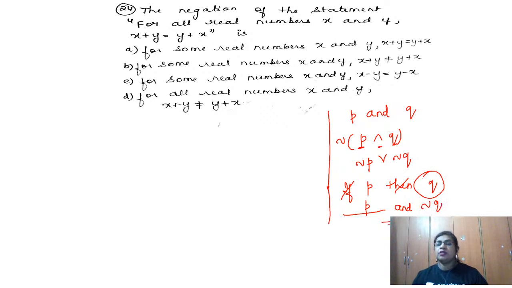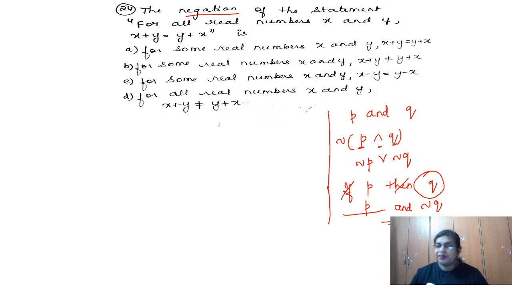Okay, so simple it is when you apply this logic of mine to the questions which are given. Now here, coming to this 24th question, what is mentioned? This question also asks us to find the negation. So what is the negation of the statement given? Here we have "for all real numbers." See, the words "for all" are given. So for all given numbers,